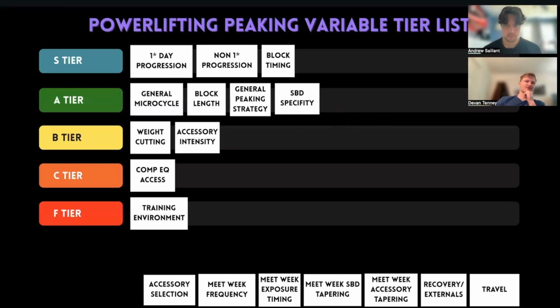So yeah, similar to what we were talking about before, accessory selection is just going to be what accessories are we doing instead of how hard are we pushing them. I think this is also probably more important than the intensity component, in the sense that maybe someone needs those belt squats to really show up strong. That's the added squat volume we need. Whereas maybe we don't do them the week of the meet, or we sub them for quad extensions, and some people are really sensitive to that. Whereas some people, it really doesn't matter. So I do think it's pretty similar to the importance of accessory intensity, but probably a little more important in most cases.